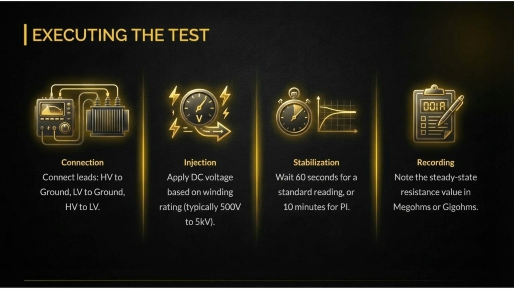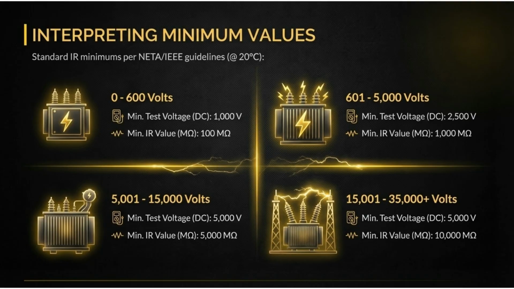Wait 60 seconds for stabilization for a standard reading, or 10 minutes for polarization index. Finally, record the steady-state resistance in megohms or gigohms. Interpreting minimum values requires checking NETA/IEEE guidelines at 20 degrees Celsius. Minimum test voltage and minimum IR value vary based on the transformer's voltage rating, ranging from 0 to 35,000 plus